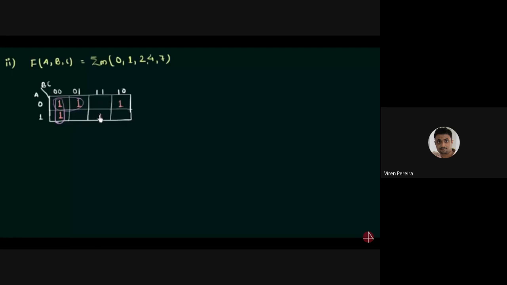Now this one, don't make the mistake of pairing this in this way, like this. This is absolutely wrong because you are pairing the 2 diagonal ones, and we do not pair diagonally in K-map. I have already given the reason for it. So you cannot pair it also like this. So this one cannot be paired with the other ones. So I have to just pair it alone. Now we will move to this one. There is no one here or here, so I cannot pair it in this way. And now this one can only be paired